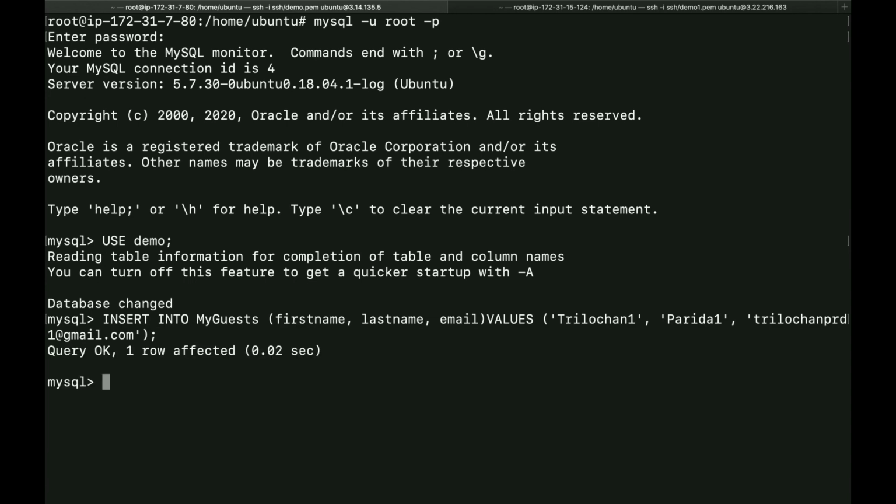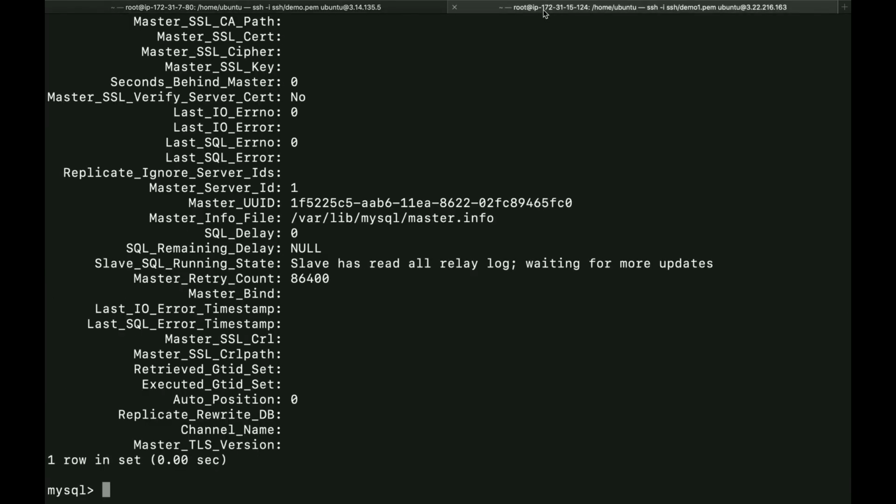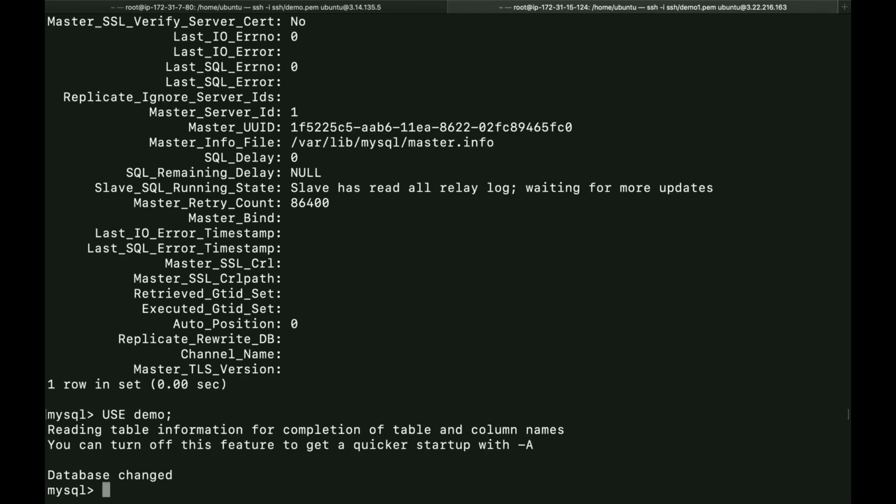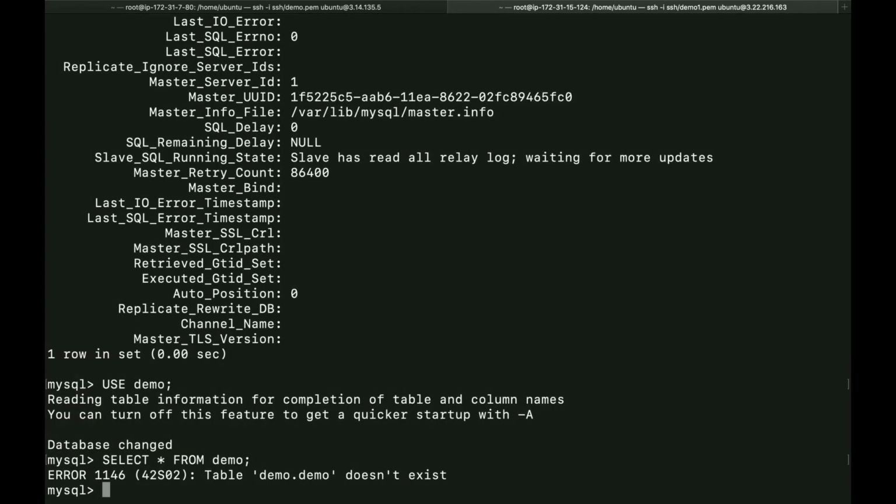Now we can insert our data. Insert. Now we will check whether the same data is inserted in the slave also. So let's select the data: use demo, the table name is my guests.